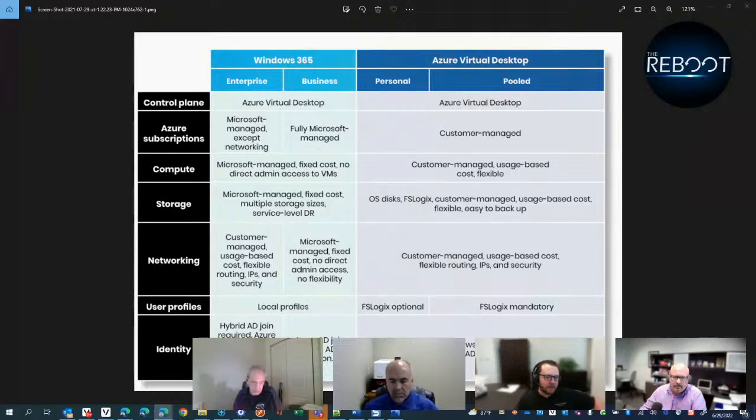So, it talks about storage here, and yeah, you are using local profiles, but Microsoft is handling the snapshots, the backups. Like I don't need to go in and set up a backup solution. It's just there. I can go in as an admin and restore a VM to a previous snapshot. I can do that in AVD as well, but it needs to be set up that way, right? It's not going to just happen magically without some type of configuration. Whereas if I pick up and add a user to have a 365 business desktop, every single day it does a snapshot, and if I need to roll it back, I can. I think that's all I got for this slide.